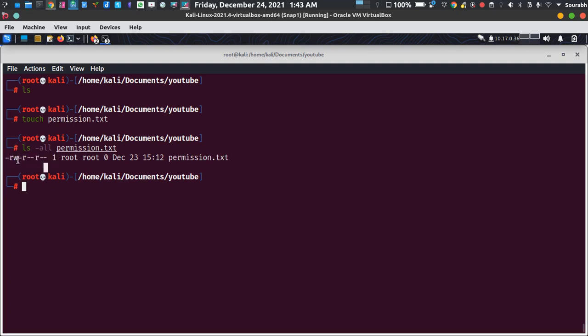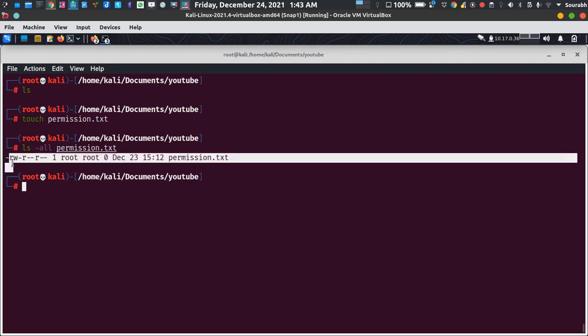So as you can see, this shows read and write. It means that the root user can read or write the particular file permission.txt. And another one called read is for groups.